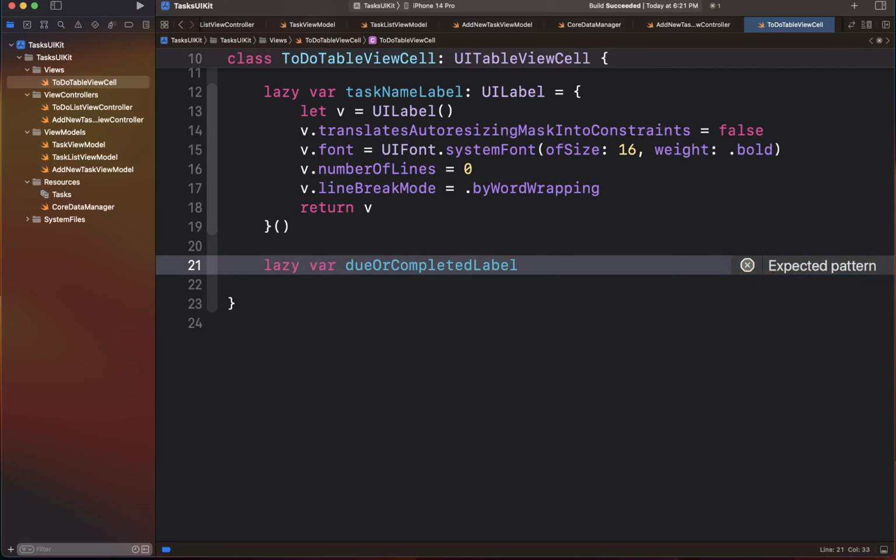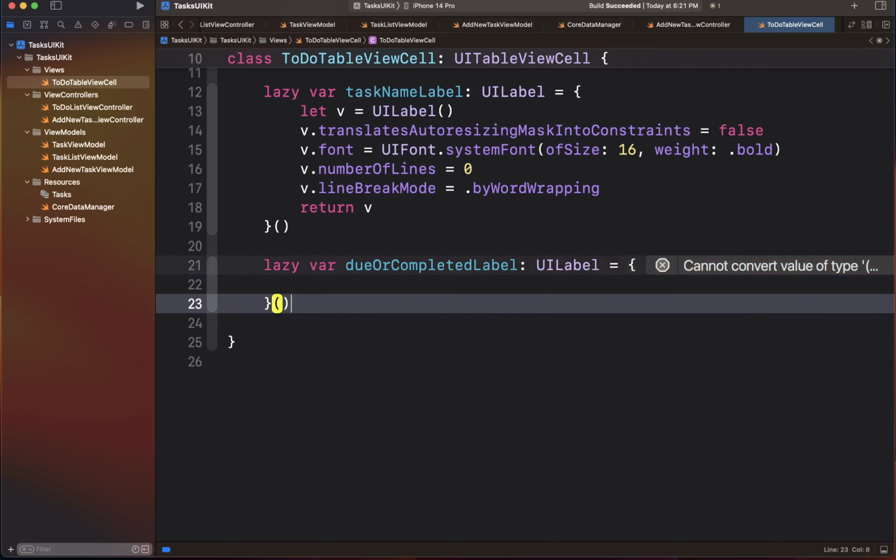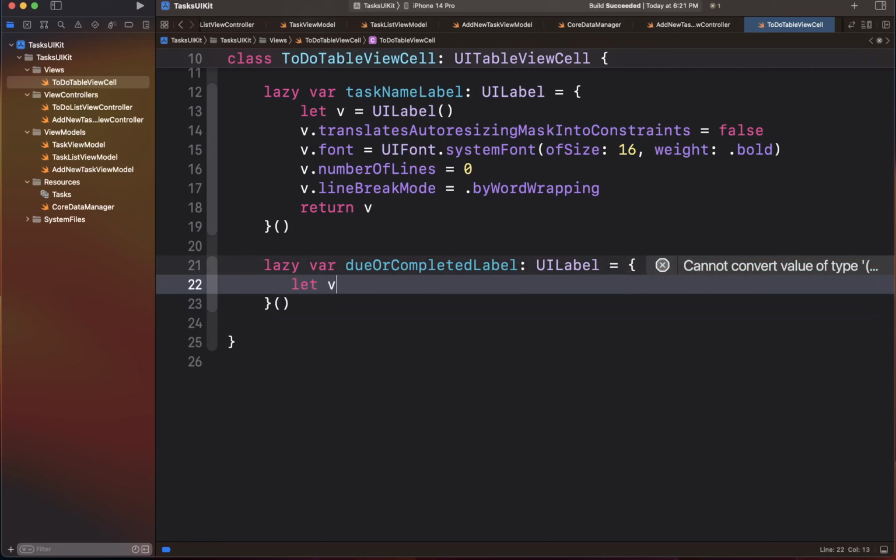And since this label is going to be a conditional label, if a task is marked as completed, then we want to show the completed date. If it's not completed yet, then we want to show the due date. Okay, so we want to basically create our label,